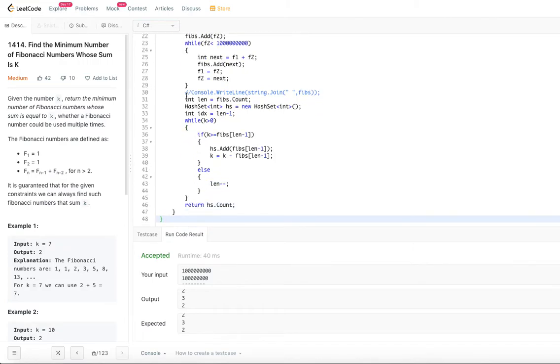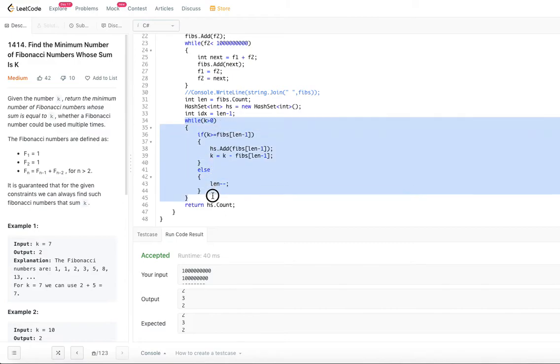And the second, once we have the fibs list prepared, what we are going to do is declare a hash set, and then you start from the largest element possible, len minus 1, that is the largest element in the fibs list. You execute this while loop as long as k is greater than 0. That means you have some k left over.